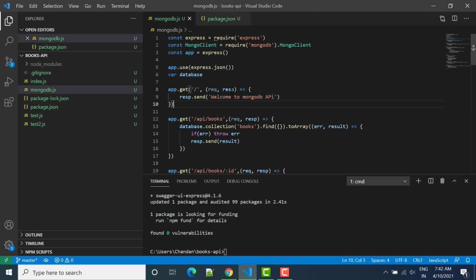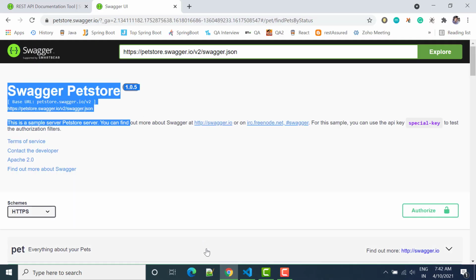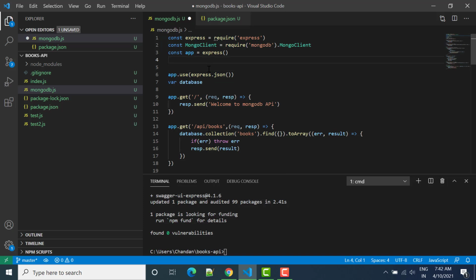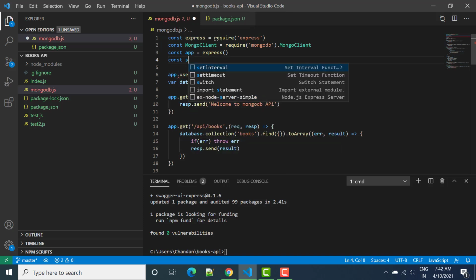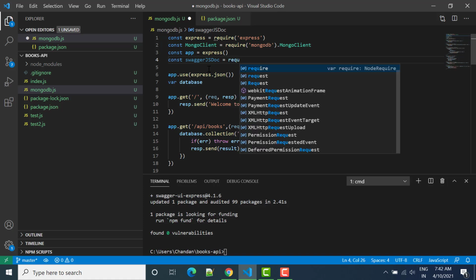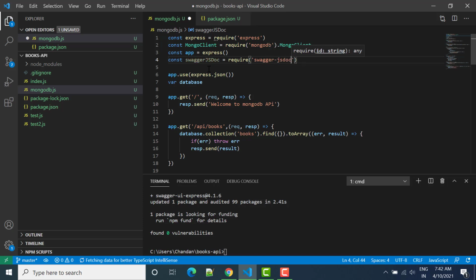Next we have to create some definitions, something like this. You can see here we have to give the project name and definitions. So we have to import const swaggerJsDoc equal to require swagger-jsdoc.